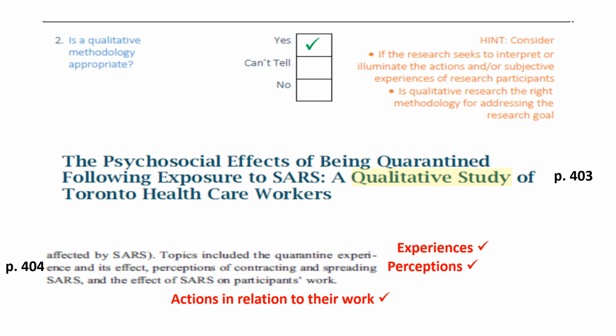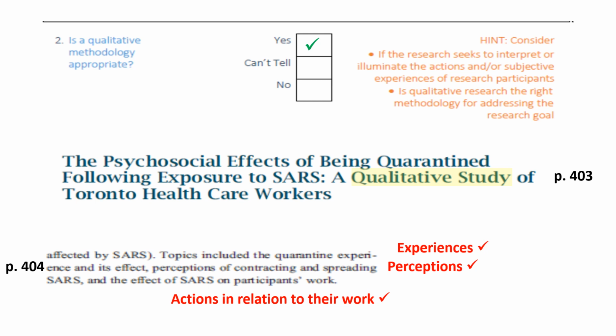The second question, again, is a second screening question to judge whether the article is going to sustain the appraisal process. It's asking, is a qualitative methodology appropriate? The first thing that we can establish from the title is that this is a qualitative study. We have the hint here from the checklist that says that we've got to look whether this is a study about experiences or